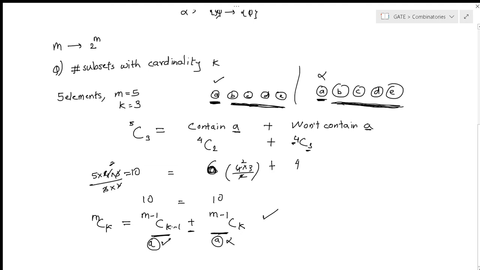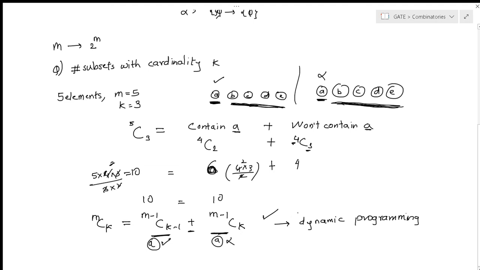Those of you who have studied dynamic programming or come from a CS background can understand that this is nothing but dynamic programming. In this case, if you want to solve these subproblems, you will notice that there are many overlapping subproblems to solve both of these. So dynamic programming is the concept which can be used to tackle this problem.